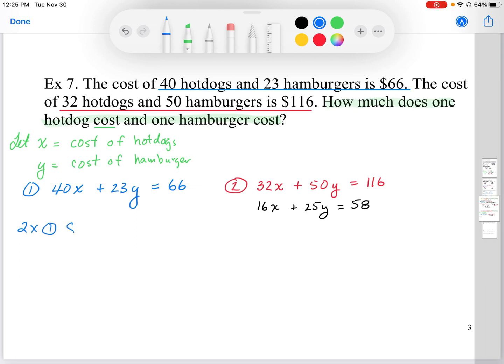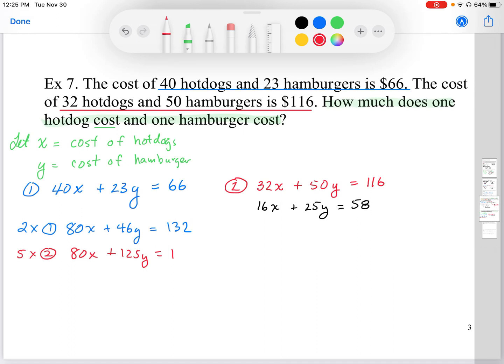That's going to give me 80x plus 46y equals 132. And I'm going to do the same thing with equation 2, except I need to make the 16x match the 80x, so I need to multiply by 5. That's going to give me the 80x in equation 2. It's going to give me 125y, and that's going to equal